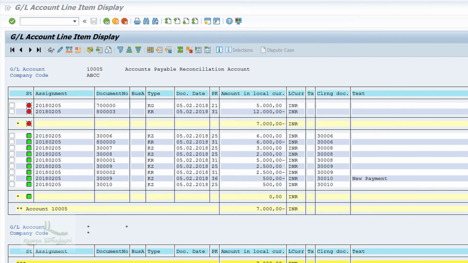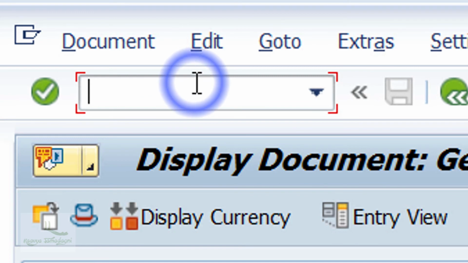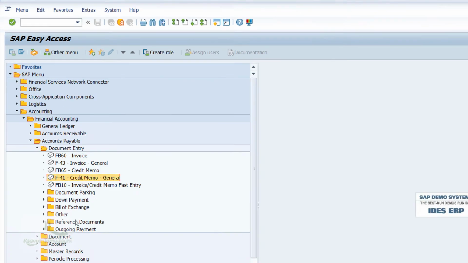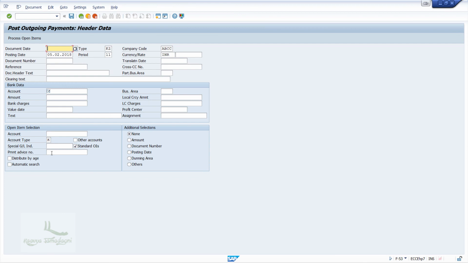Now, let's post the outgoing payment for this vendor. For that, I'll enter /n in the command field and press enter, so that this will take me to the SAP Easy Access screen. Expand Outgoing Payments and then double click on F-53, that is Post. Now, I'll post the outgoing payments.